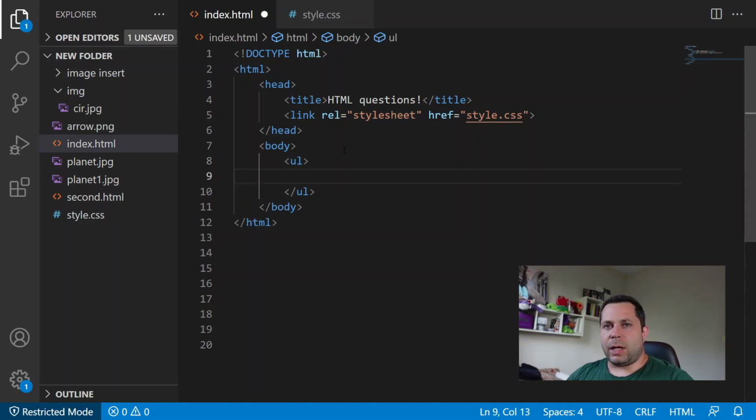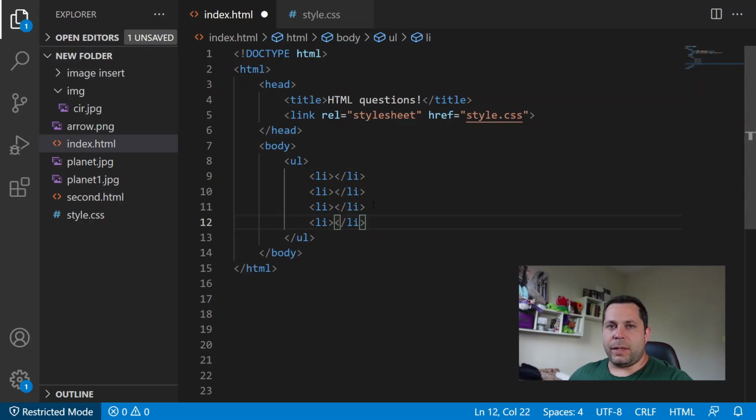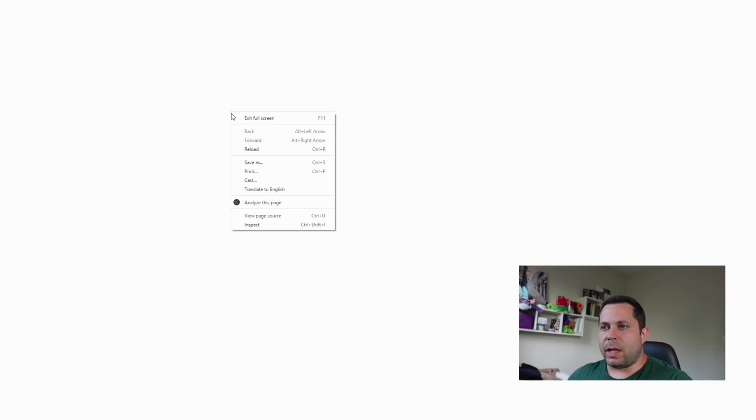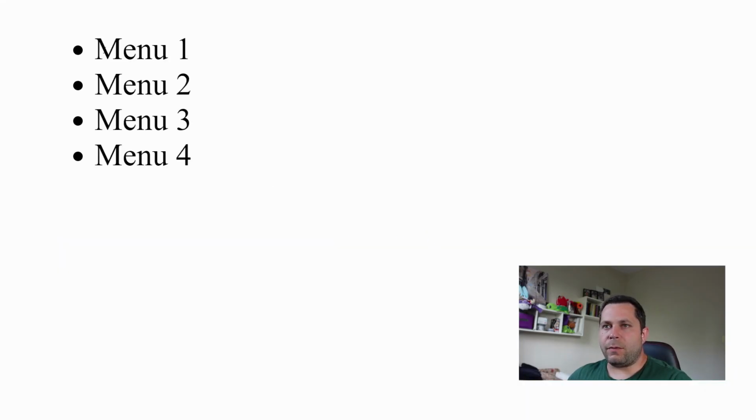Inside this ul tag, let's create an li tag, which is the list item. I have created 4 list items, and inside every list item I will write some text. Like this will be our menu, for example, with the different sections in our website. So I create my 4 list items with menu 1 to 4, and let's just save it. Now if we go to our browser and refresh, we have our menu 1, menu 2, menu 3 and